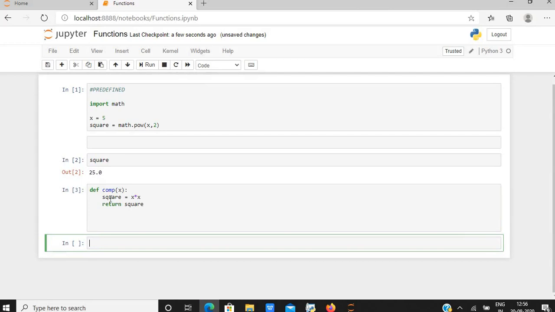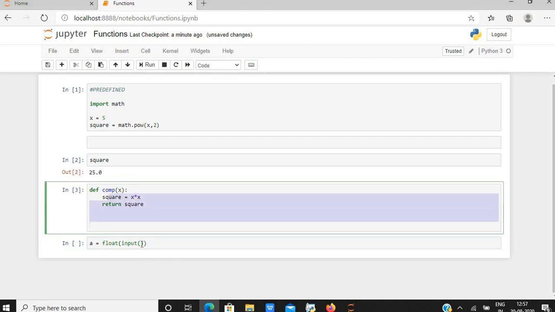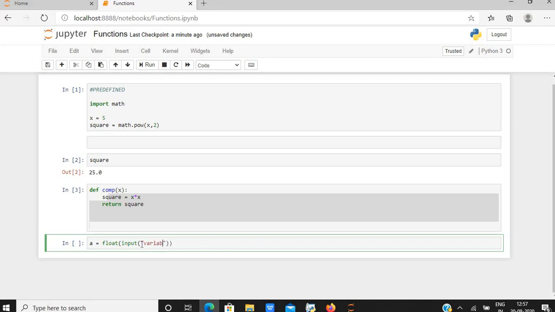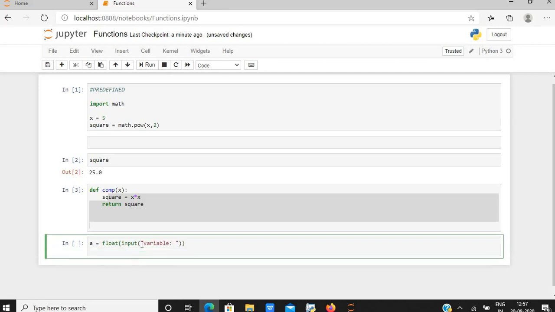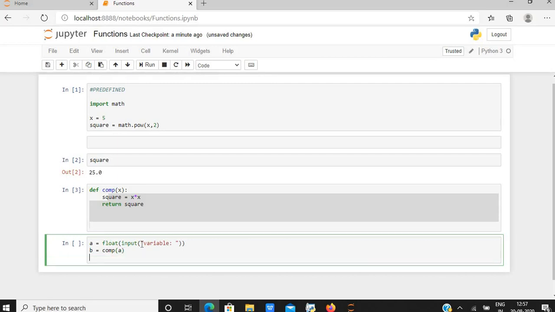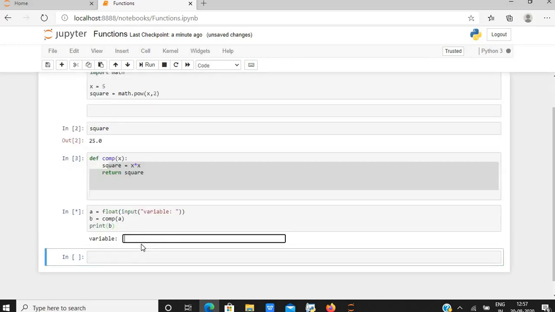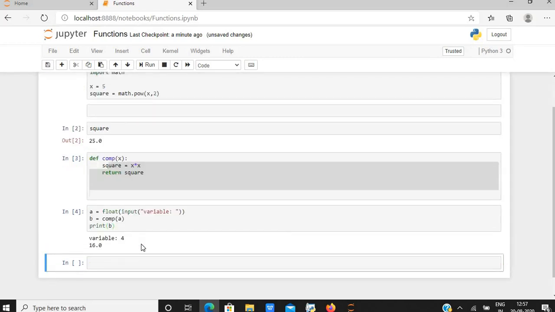For example, a is equal to float(input()), b is equal to comp(a), print b. I'm giving the variable to be 4 and the square is 16.